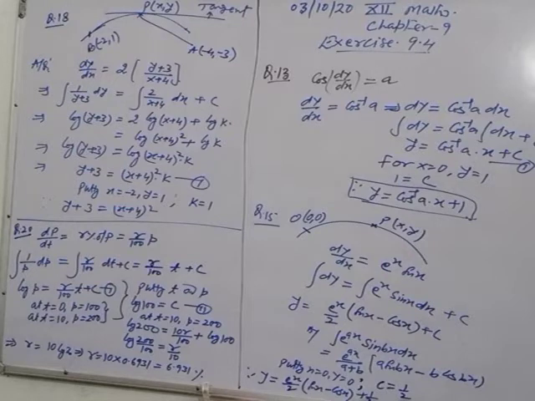For the value of the integral constant c, here given in your question, x is 0, y is 0. Why? Because the curve is passing through the origin. So putting the value you will get c is equal to 1, then putting c in the equation of the curve, your equation is y is equal to e^x by 2 into sin x minus cos x, plus 1 by 2. You can simplify after taking LCM, you can take 2 on the side of y. Okay. Now see question number 18.